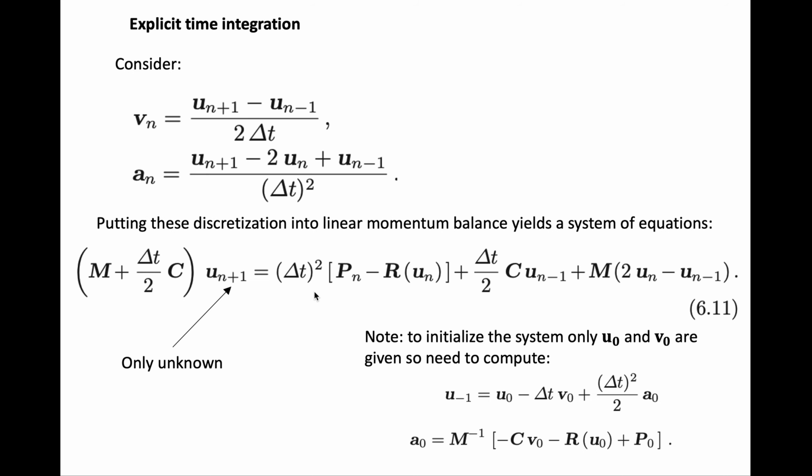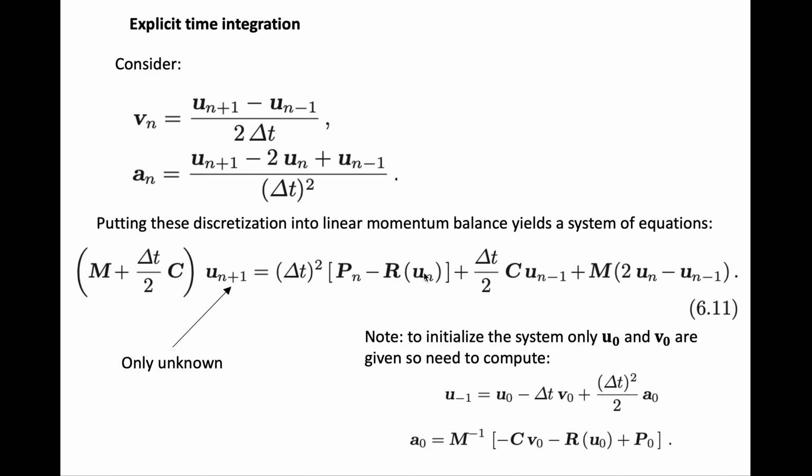But after you rearrange, basically all you need to compute is this displacement u_{n+1}. So the mass matrix plus some time step over 2 times the damping, and then the unknown displacement. And then you can see that everything on the right hand side, you only need the forces at the previous time step,